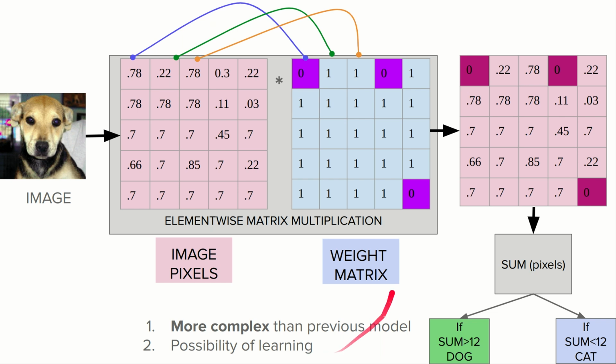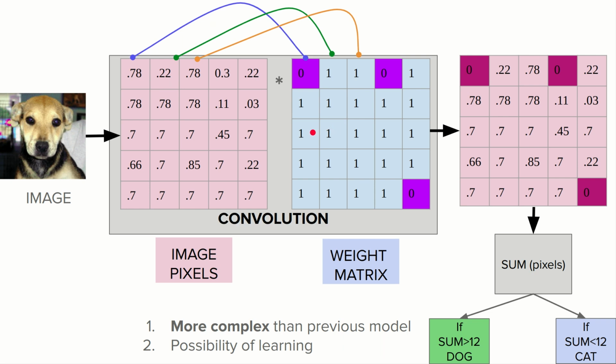By that I mean that, let's say with this particular matrix we got certain results, but the results are not very good or not very correct. And as I said in the beginning, this weight matrix is mutable. We can change the elements of this weight matrix to get much better performance or a much better result. And we can keep on changing the elements of this weight matrix until we get the best results. So there is a possibility of improvement over here, and this is what I mean by the possibility of learning in this particular algorithm.